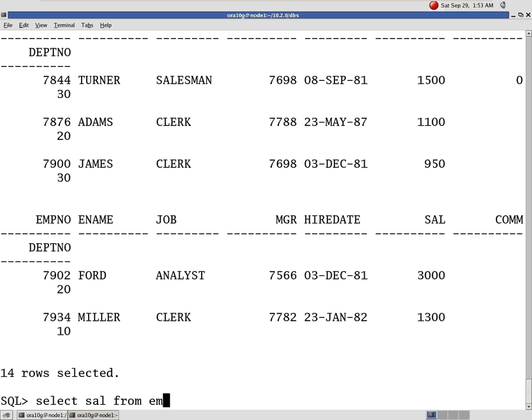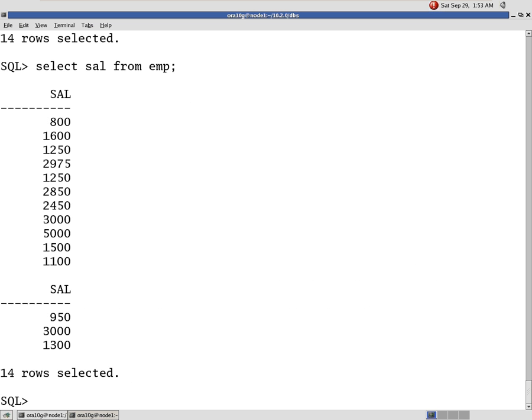I have two users that have a salary of 3000.